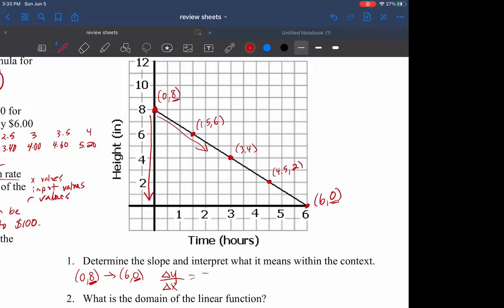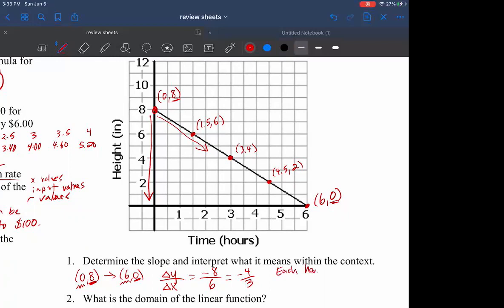So my y went from 8 to 0. That's down 8. -8 is the y change. My x's went from 0 to 6, so the x change went up +6. So we get a slope of -8 over 6. You can simplify that a little bit and say -4/3. And there's 2 ways to break this down. That means every 1 hour,